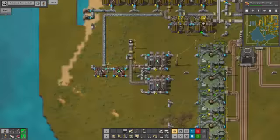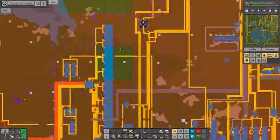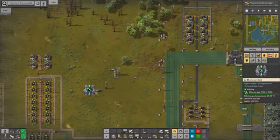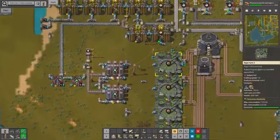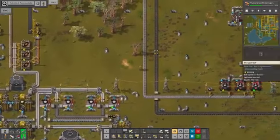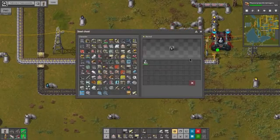I've already got a tank of it sitting, it's right over here somewhere, right there, that's almost full. So what we're going to do for right now, I have plans for that chlorine, and we're still going to set that up, just not yet. So what we're going to do right now